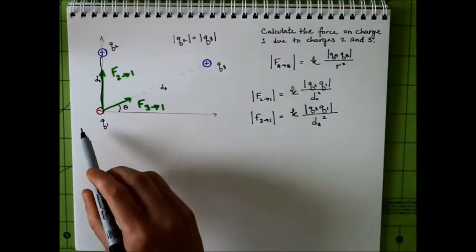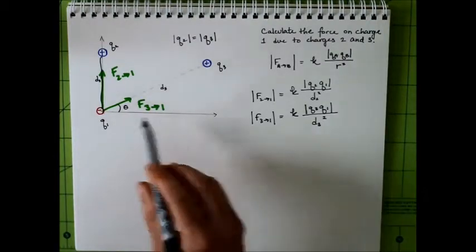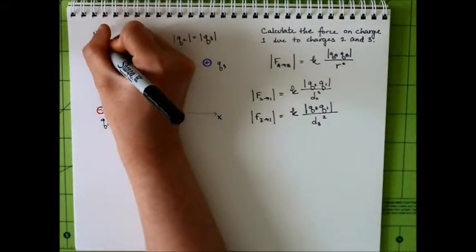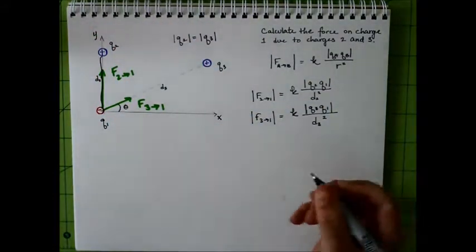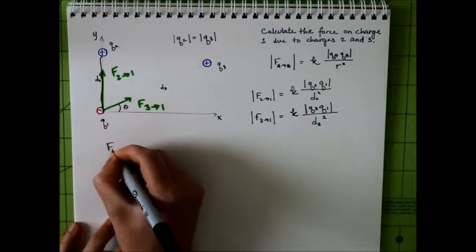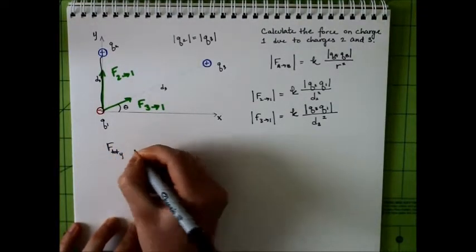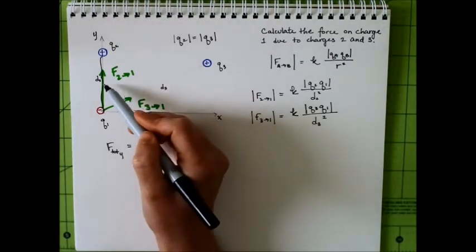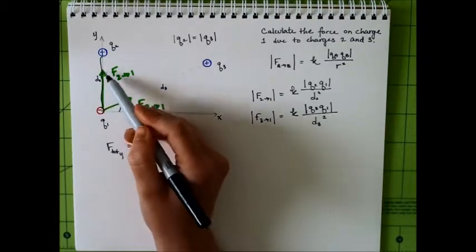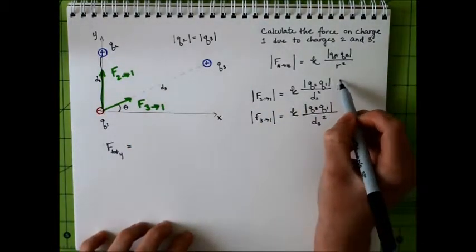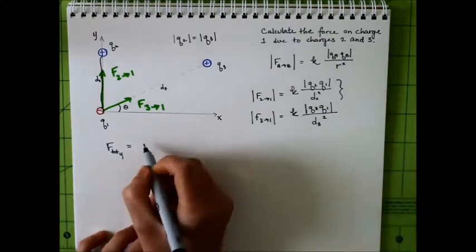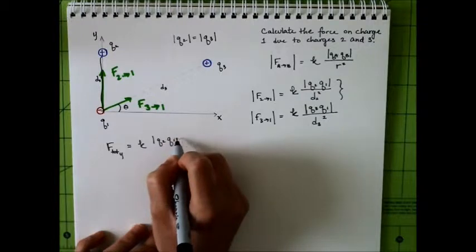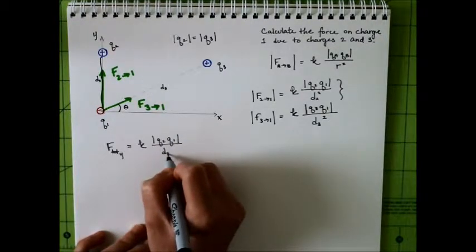So now we want to know the total force, and force is a vector. So we've got to figure out these components. I'm going to call this my x direction and this my y direction. So the total force in the y direction is going to be F2 on 1, because F2 on 1 is only in the y direction. So that's just going to be this whole thing here. So that's going to be K, Q2, Q1 over D2 squared